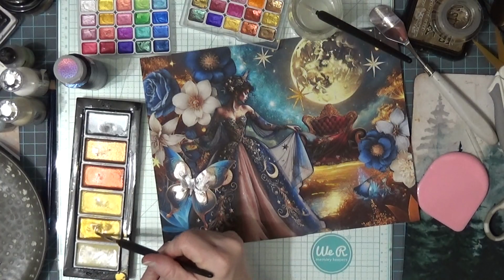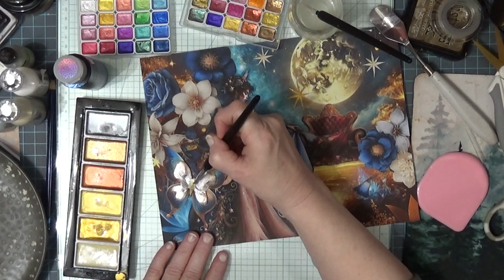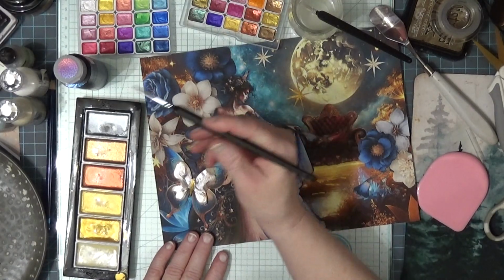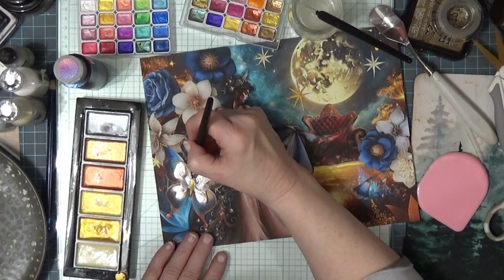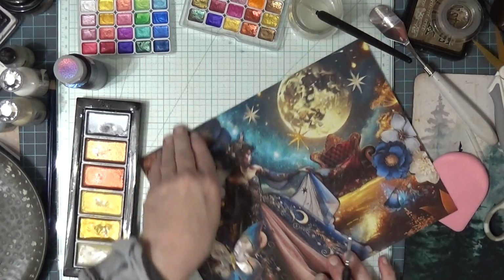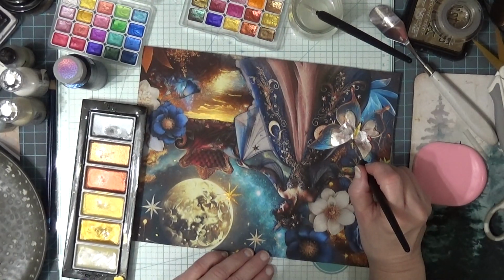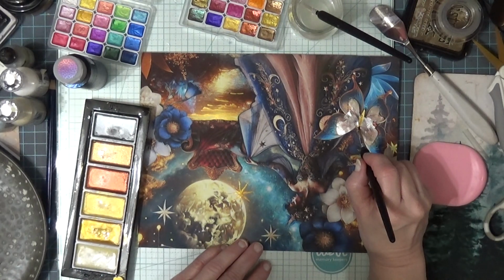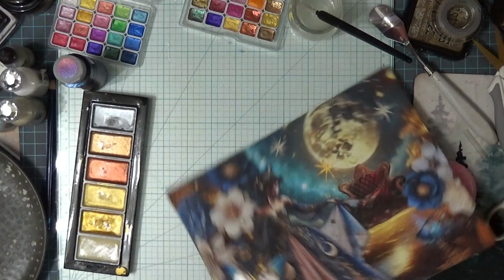But I am going to put some gold in the center. And then I'm going to, oops, I didn't get started where I wanted to. I'm going to have to turn it. Okay. They're very thick, but